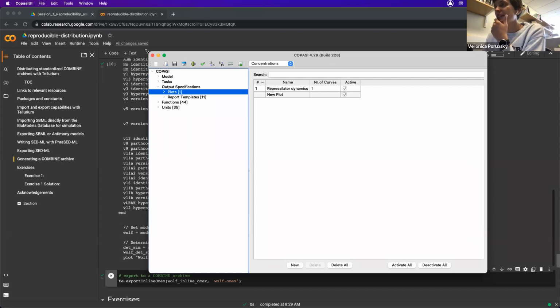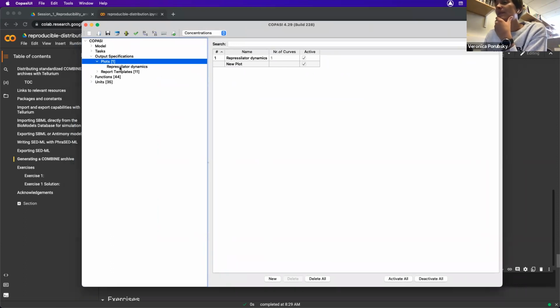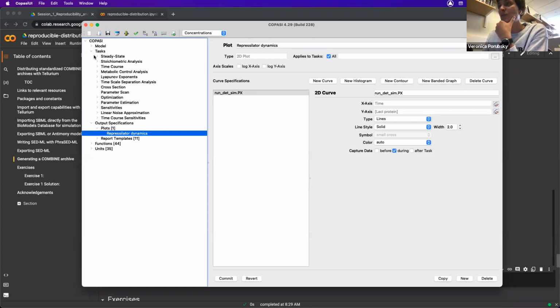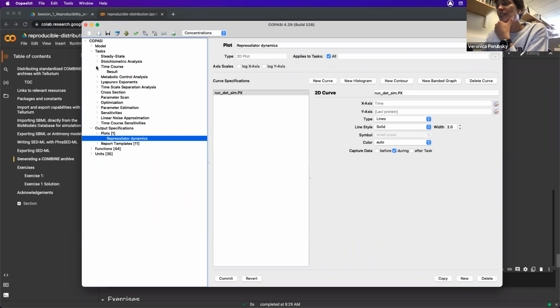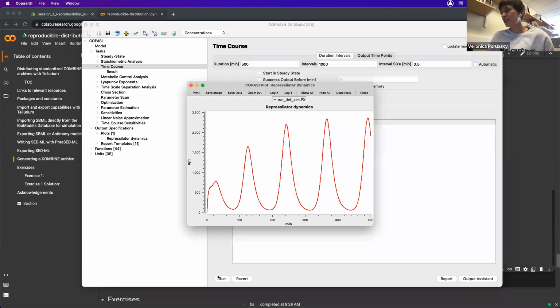So in Copasi, this is a nice GUI that you can use to try to run your simulations. In plots, you're going to see in the next session that I'll be working with the repressilator, but here I'm just showing there's a plot that exists once I load this Combine archive in, called repressilator dynamics, and we can see that this seems to be some code that will show a time course simulation of some sort. And if I then go to time course and I go ahead and just run,